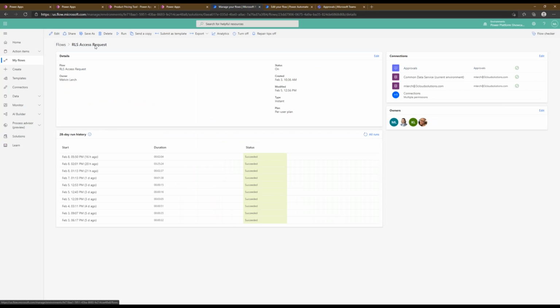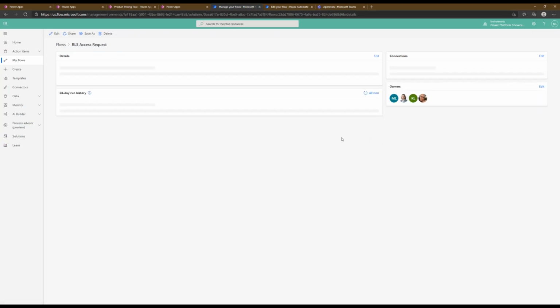So back in our Flow management screen, again, we're seeing RLS access request. We'll refresh these runs, the run history, and then we'll see our flow running right at the top. As soon as Power Apps, Power Platform cooperates,